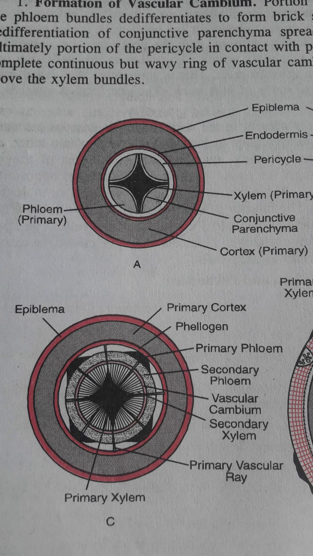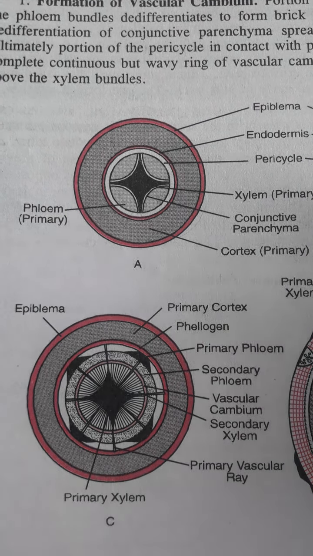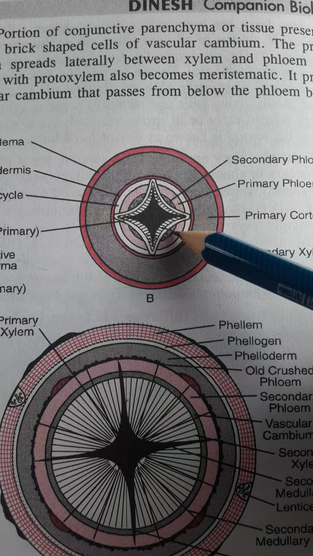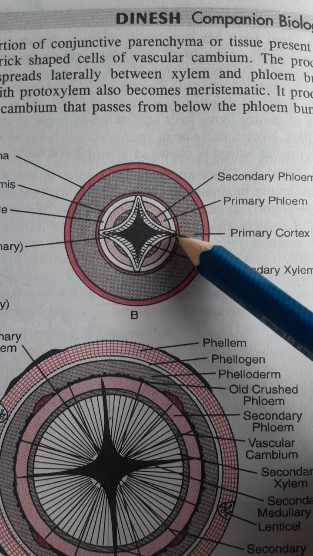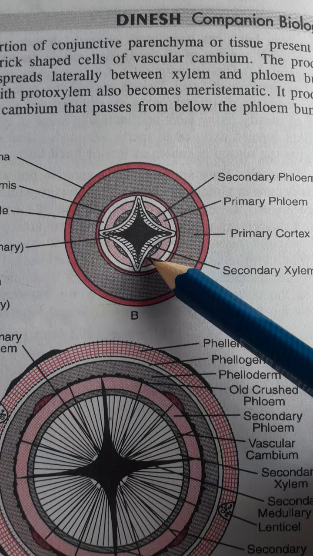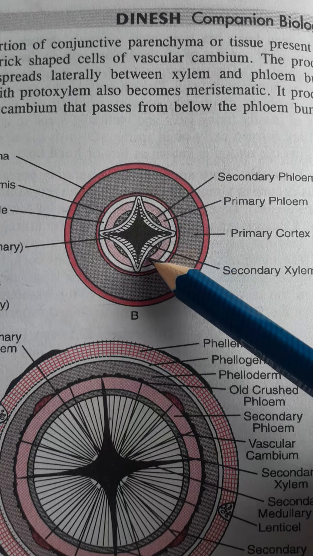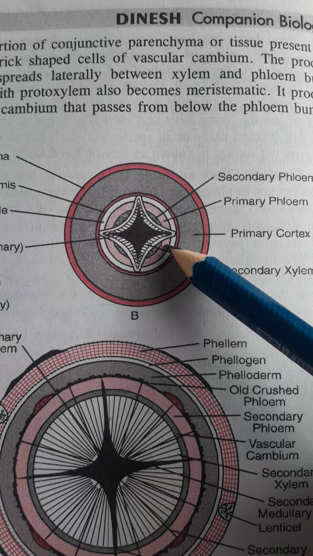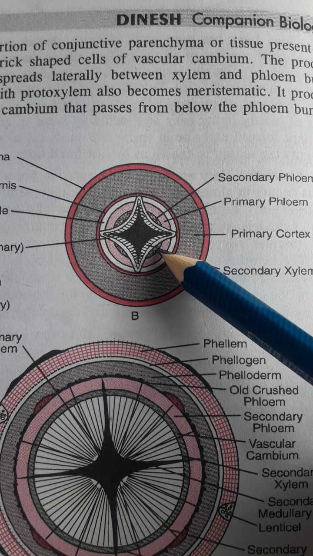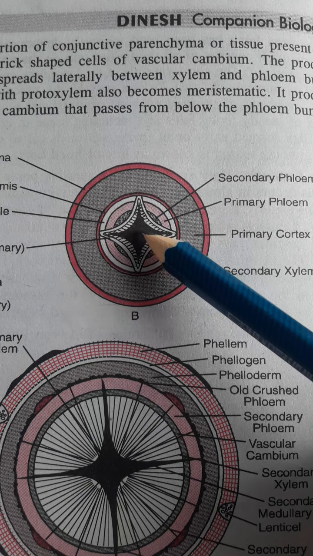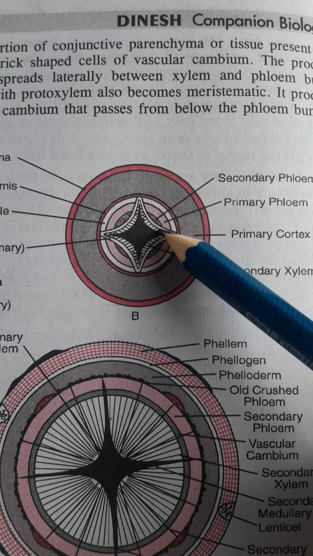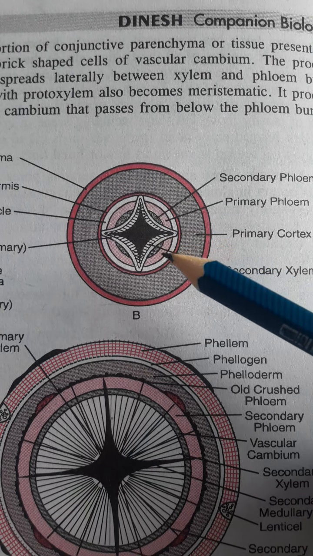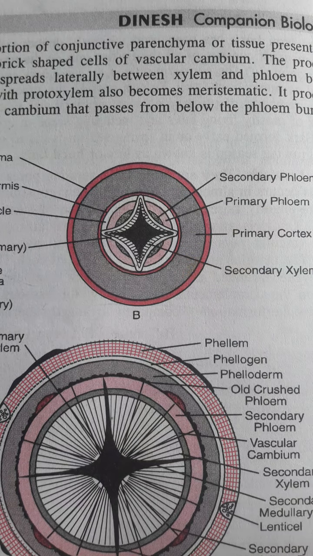Okay, now see here, gradually when these tissues are developing, in this diagram you can clearly see that the cambium tissues are dividing, and so these are forming, this is the secondary phloem, this is the primary phloem which was initially present, and here secondary phloem is formed. Simultaneously, this is the initial or primary xylem, and here secondary xylem is formed. Now the amount of xylem formed is much more in comparison to the phloem.